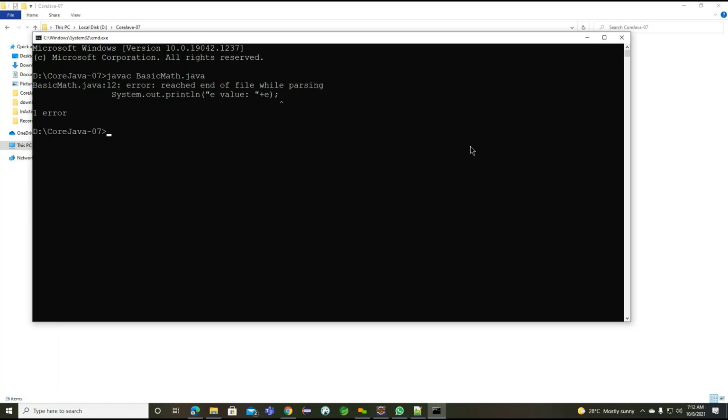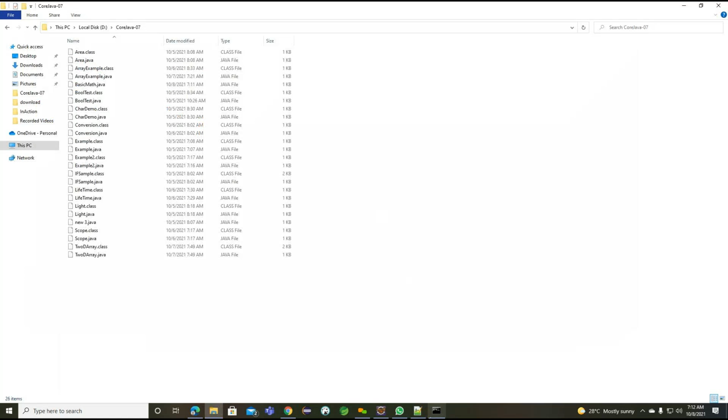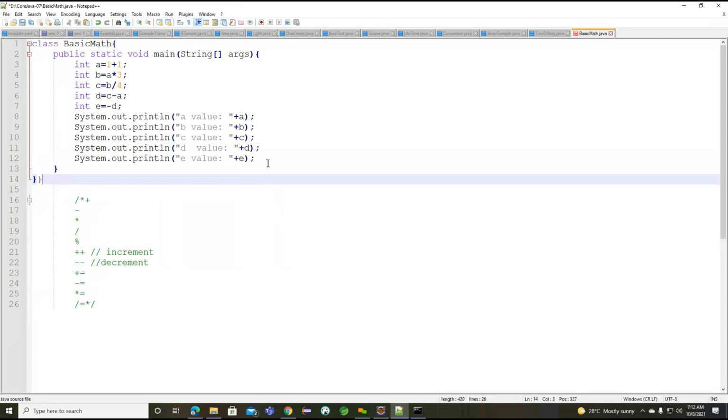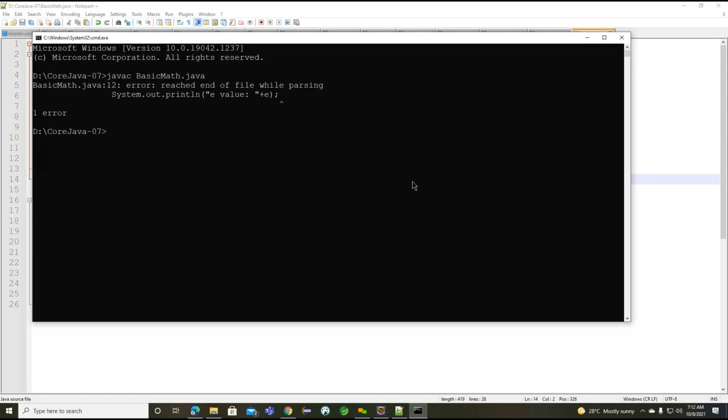Now if you see, we forgot to close the braces which we opened earlier. So we need to close them. Go back to our example. Now you can close here, and this one also we need to close. Getting the point. This is the particular error we need to understand: reached the end of the file while parsing.